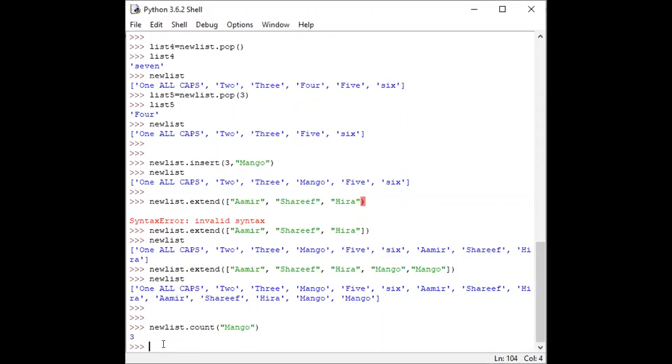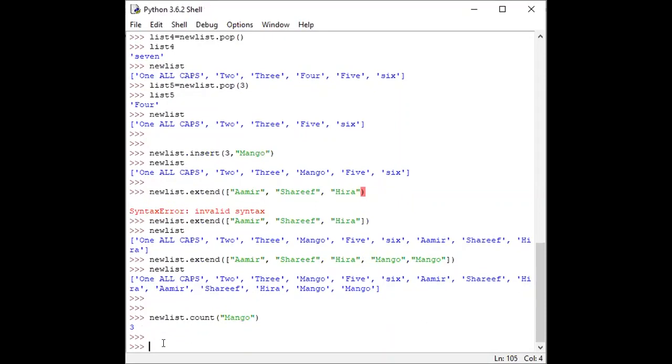So in this way we can also call the address of a value. In the previous extended list, I write here mango 3, for example. Okay, I write mango 3 in the first.